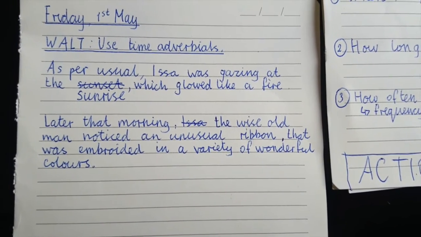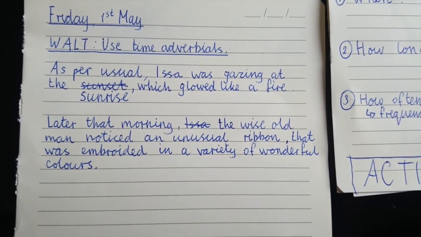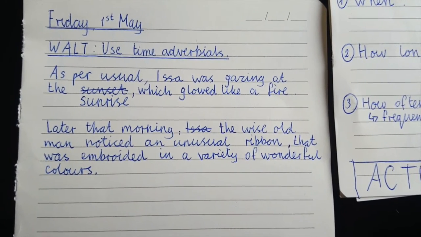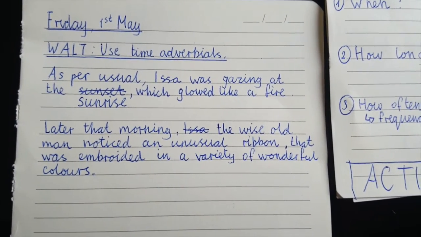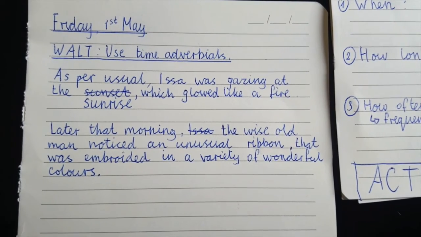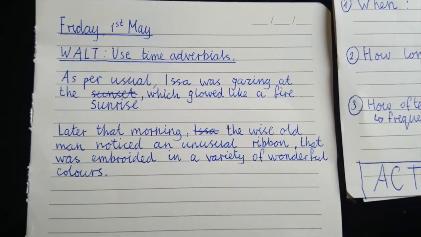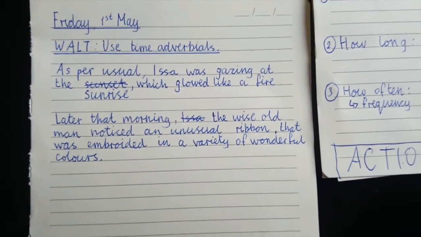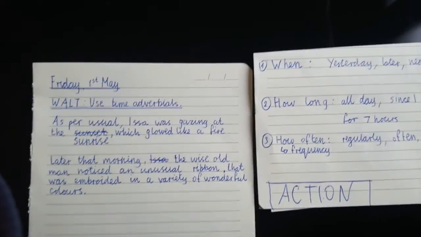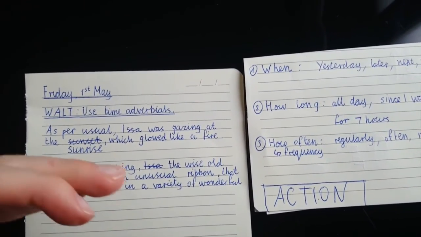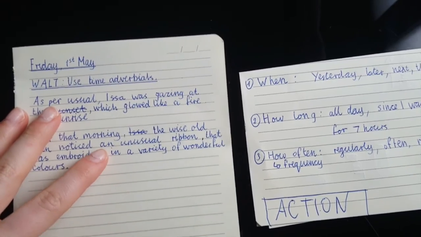Okay, so here we could see the finished sentence. Later that morning, the wise old man noticed an unusual ribbon that was embroidered in a variety of wonderful colors. So I've got relative clauses and my time adverbials. Now I would have to think about the rest of my story and see how I can put that into my sentences. So I've done